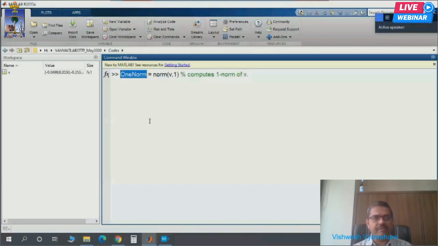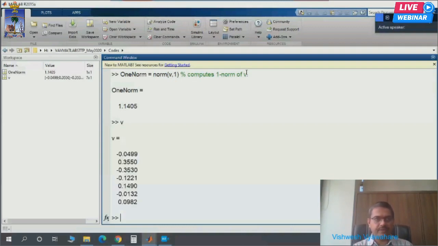Don't confuse this. The actual command is norm V, 1. It will tell MATLAB to calculate the one norm of V. This 1 stands for one norm. What is the answer? This. This is the one norm, this is V.